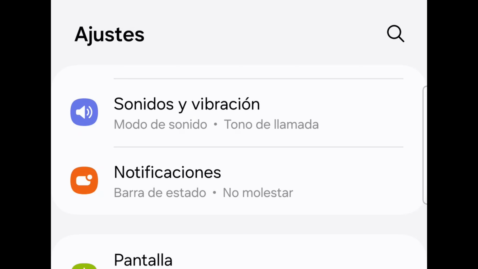So sonidos means sound in Spanish. And vibración, even though that word is trying to hide in Spanish, you can gather, if you guess that it means vibration, then you would be right.